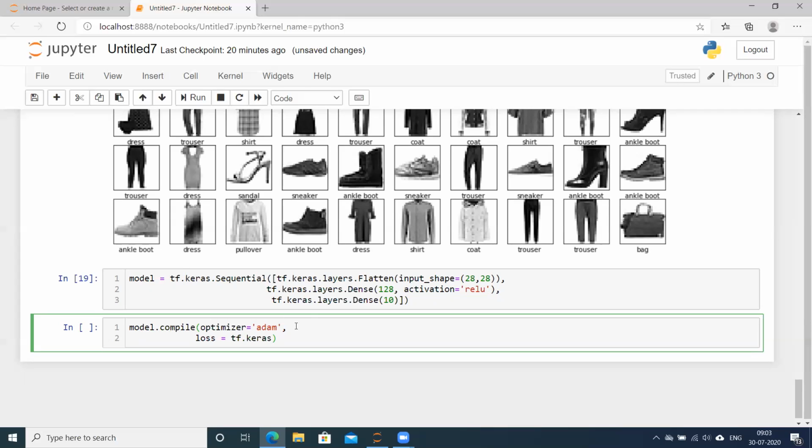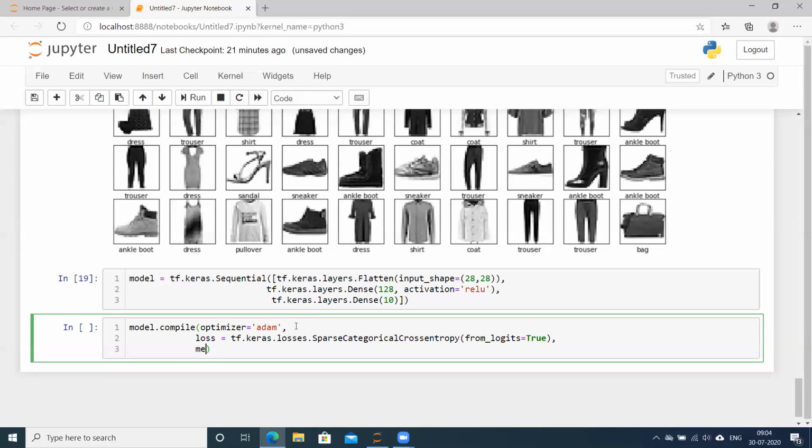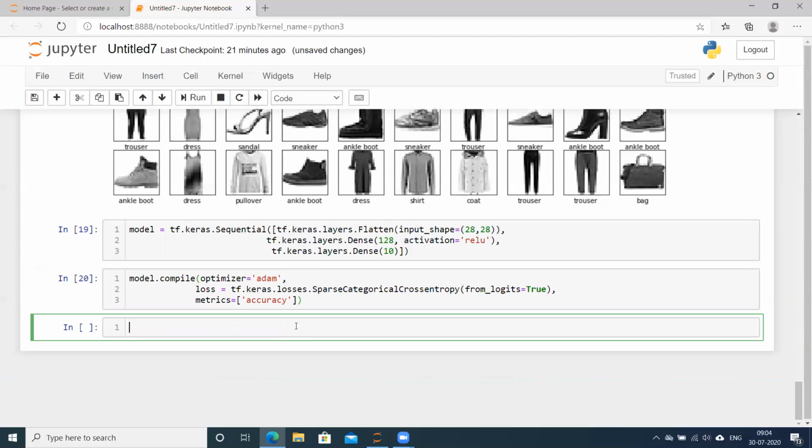As a rule of thumb, whenever you are working with multiple classes, that is more than two classes, it is always good to use the sparse categorical cross entropy loss. And here we set from_logits equal to True. Is there any other metric we want to keep our eyes on? Yes, we also want to look at the accuracy, how accurately we are able to predict. So here we set the properties.